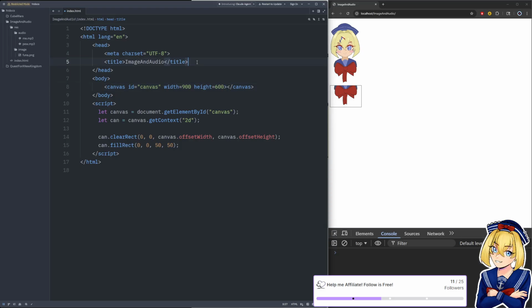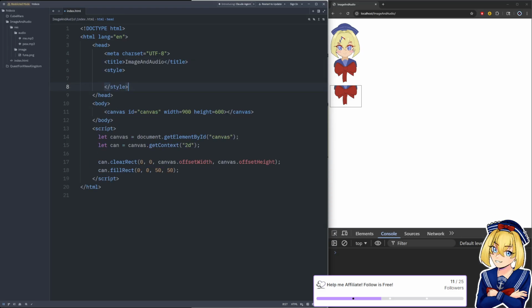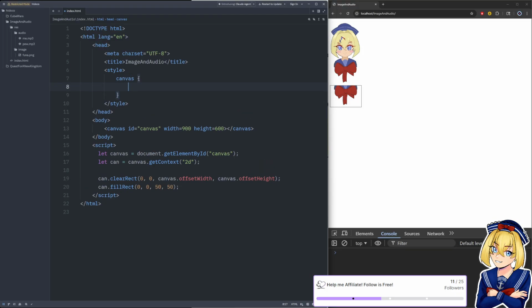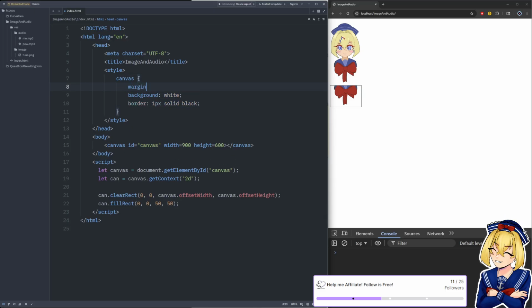And then just for funsies, so we can kind of see the canvas a bit more, let's say canvas background white. Border 1 pixel solid black. Margin top 15 pixels.